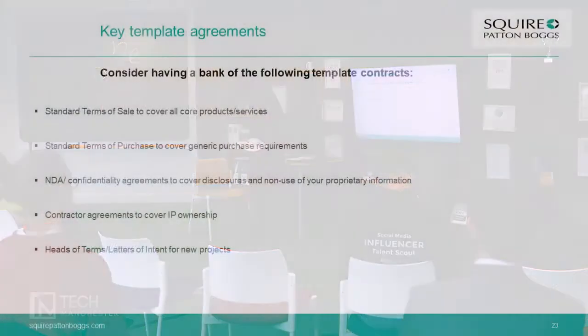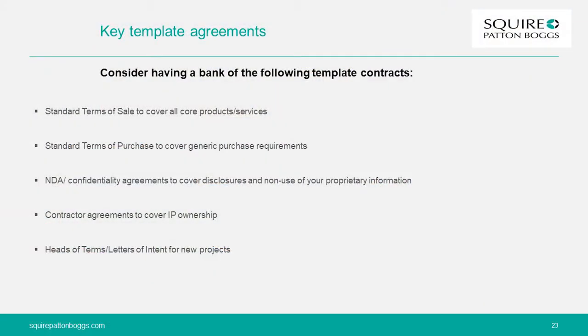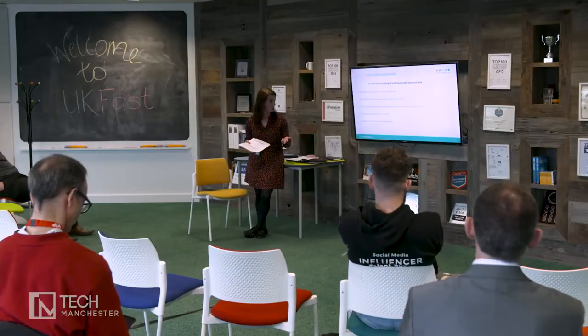And then if you're at the stage where you're talking to maybe a lot of parties to do some collaborations or partnerships with, you might want a set of heads of terms or a letter of intent. The key to that really is just to make sure you're crystal clear what parts of the letter of intent are binding. That'll generally be things like the exclusivity, the lock-in periods for discussions, confidentiality is an absolute must. If you talk anything about how IP that's developed at these early stages is to be owned, that should be binding, and governing law clause. But the vast majority where you're just talking about, yeah, we've got this great idea, we think we can do X, Y and Z, and if that happens, we'll split the fees in this manner and the revenue here.